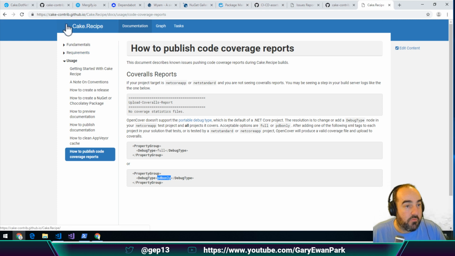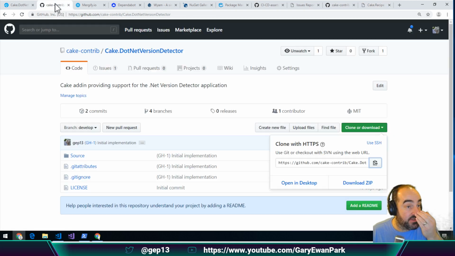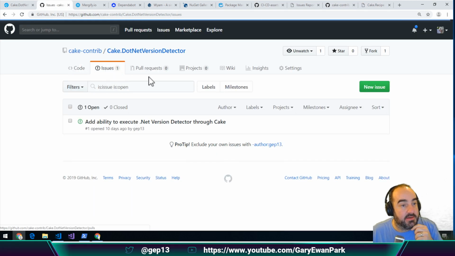The second one is that we're not getting any NuGet packages being created as part of our build, and we need to get them, right? So the first thing that I want to do before we get to that is, and I'll discuss this in a bit,